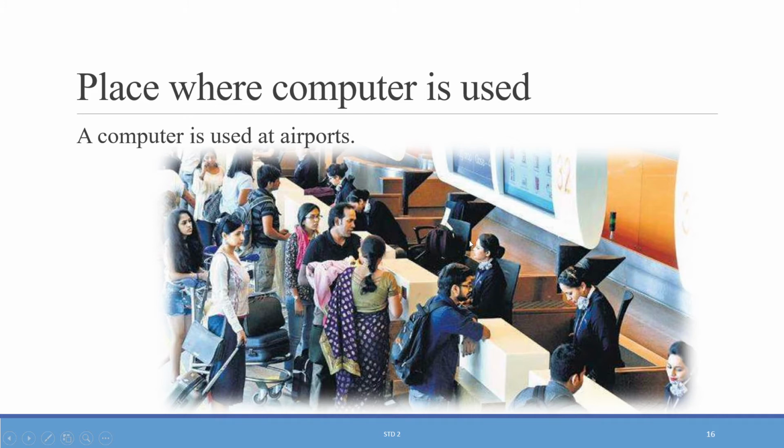See here the boxes and lines arranged here. So this is the airport picture of booking a ticket. Whenever we go to the airport, we have to book a ticket, right? So this is the place where we book our ticket in the airport. So these girls use the computer to book a ticket for any customer. For example, these women are taking their ticket. Otherwise they are also checking the flight timetable, which flight is going to another city.